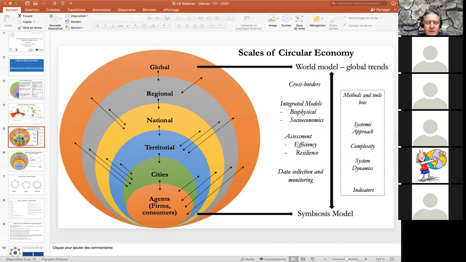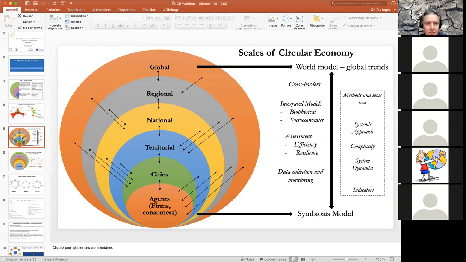If I just go to the scale, I think we cannot decide to say, oh, we have to measure very specific levels, and the micro level is very easy to measure because we can have many indicators. We really have to integrate the scales. And when I say integrate the scales, that means we have to have different models. And these models give some signals of what you want to measure.